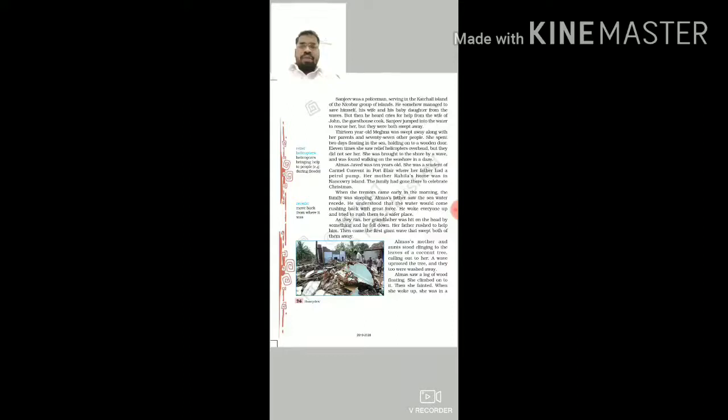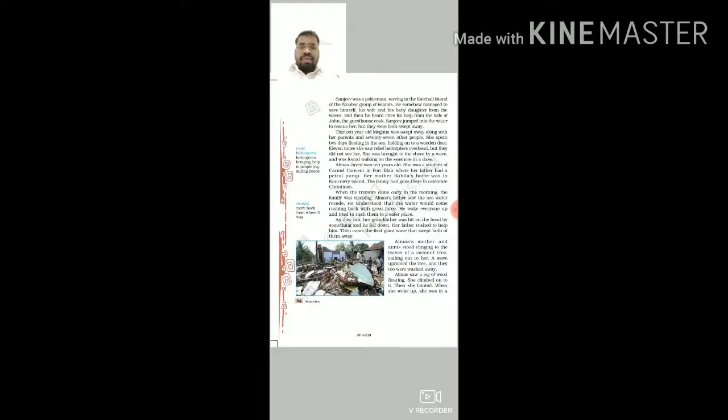One who is not saved or not helped by anyone, God definitely saved those people. And somehow this Meghna was brought to the shore by a wave. The wave helped her, and she was found walking on the seashore in a daze. Daze means she was feeling giddiness, an unconscious mind. That is Meghna's story. Now, Almas Javed was 10 years old.